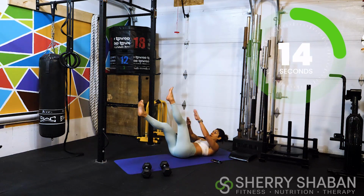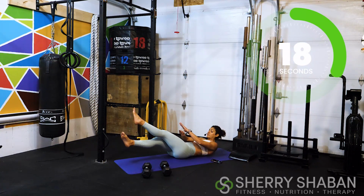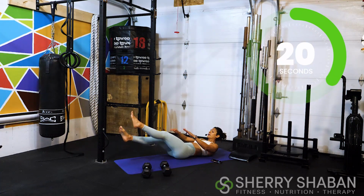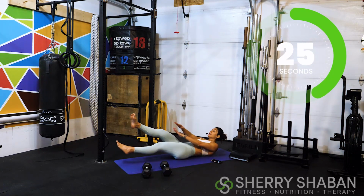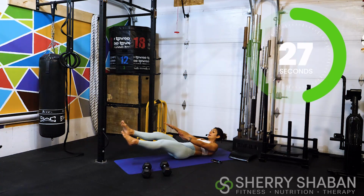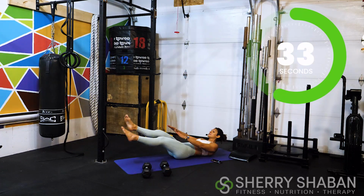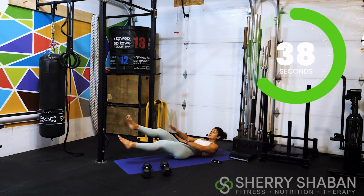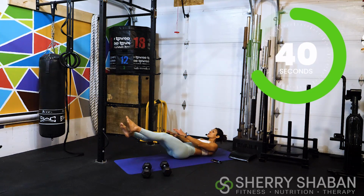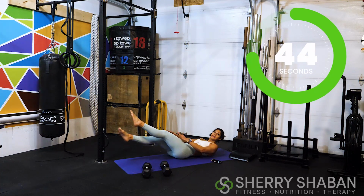You can also do this up here if you wish, as long as you're feeling that low back stable and pain-free. Remember, we're talking about discomfort today, but remember there's a difference between pain and discomfort. The goal is not to push ourselves through bad pain. The goal is to really just stay in that place where we can still push. It's not an injury pain, but it's more something that requires mental toughness